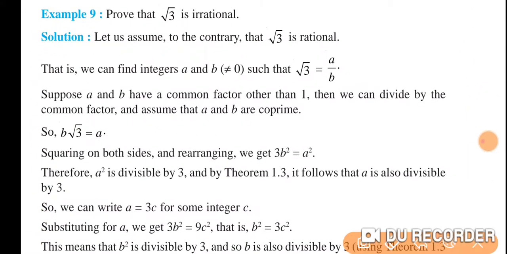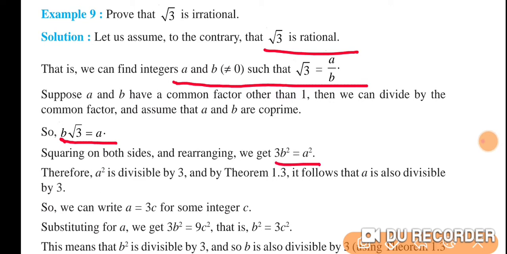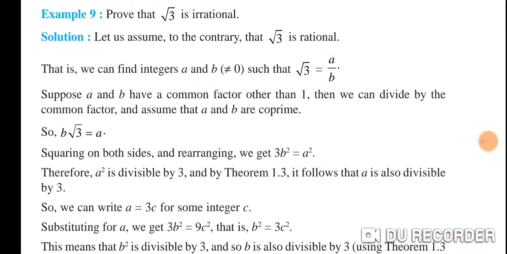Root 3 is irrational means first thing what should you do? You will assume that root 3 is rational. You are assuming, supposing. So let that rational number be expressed in the form of A upon B, where B is not 0 and A and B are co-prime number. Co-prime means what? Having 1 as a common factor. Correct? So therefore A value will be B into root 3, or A square is equal to 3B square, because you're squaring both the sides. Correct? This statement means A square is divisible by 3. Okay? Achha. Now we continue further.